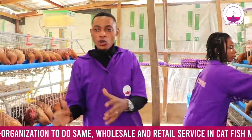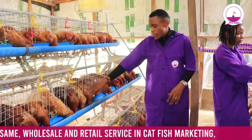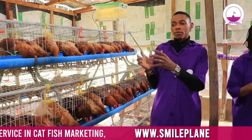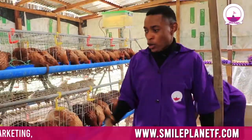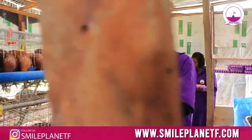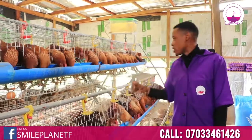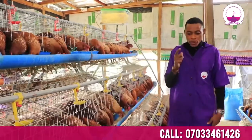And after getting your location, ensure your birds, like you see our birds now, are kept in battery cages. Battery cage remains one of the best ways to preserve and give your birds a good healthy system from time to time, because in this battery cage, they cannot transmit disease. So what we did in our own system here to make it more effective and efficient is we name our battery cages by numbers, because in poultry,